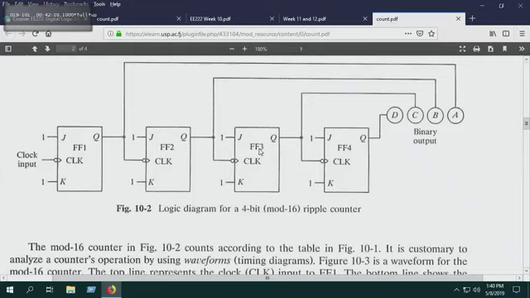On the first trigger, is it the falling edge or the rising edge? Look at this bubble here. Falling edge. Because J and K are 1, on the falling edge of the original clock pulse, Q will become, let's assume, 1. Then on the next falling edge, it will become 0. Then 1, 0, 1, 0, 1, 0. That itself now looks like a clock pulse.